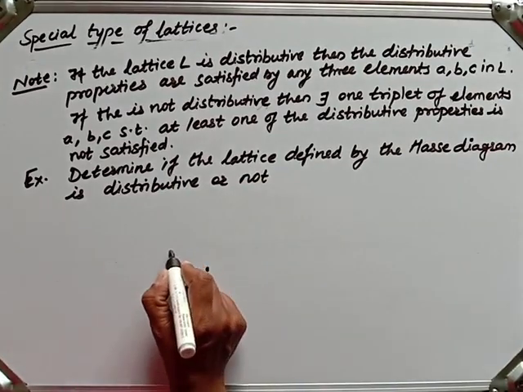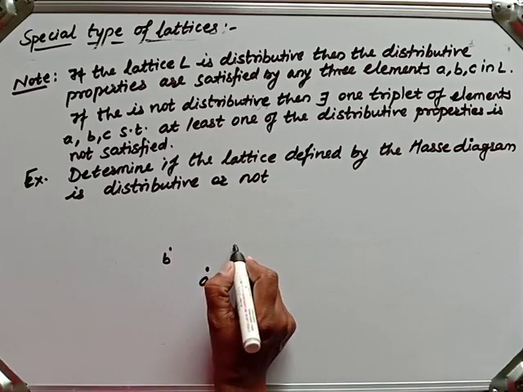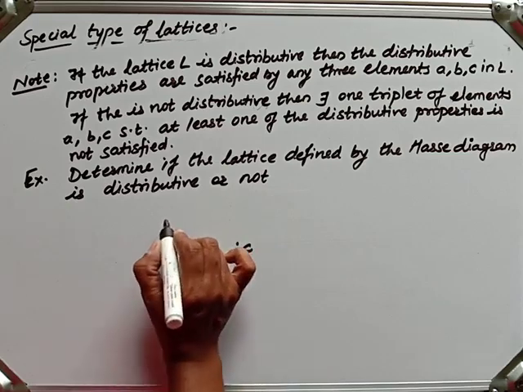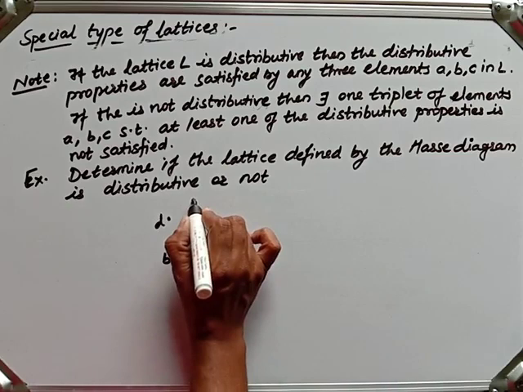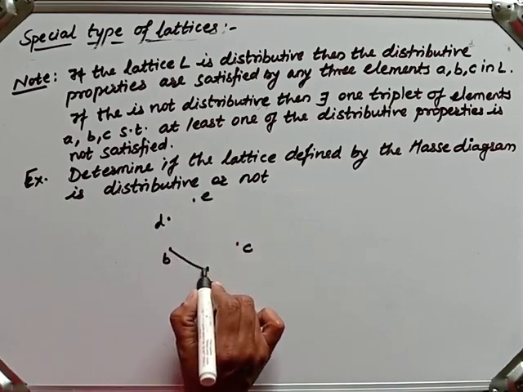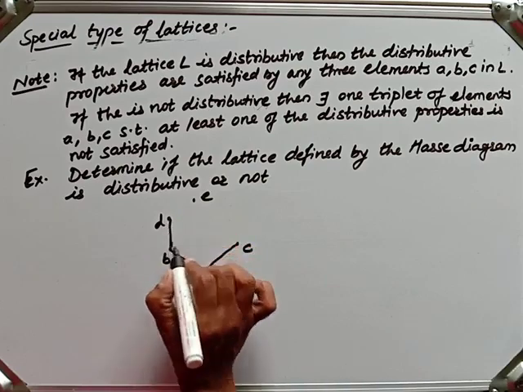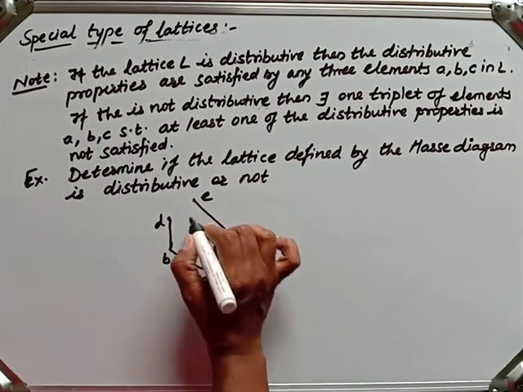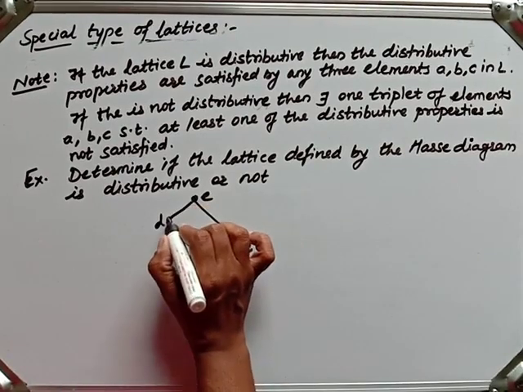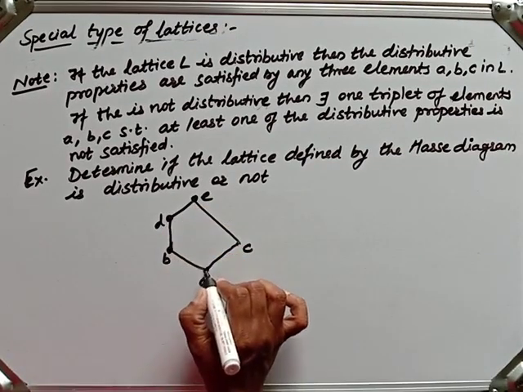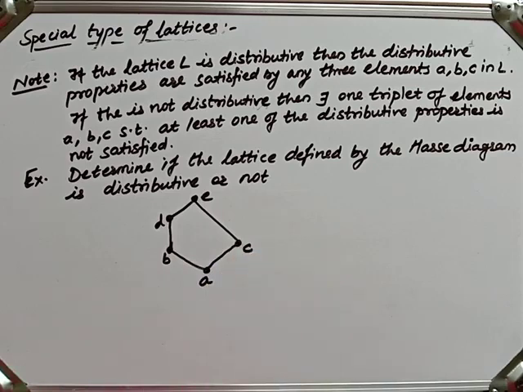Here A, suppose, B, then C, here D, and here E is given to us. So such a Hasse diagram is given to us. Now we have to check, is this one distributive or not. So for that, let us check by triplets. So, solution of this one,